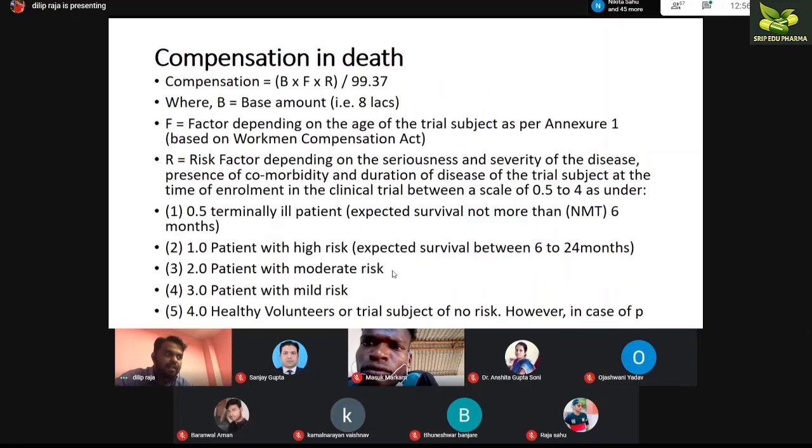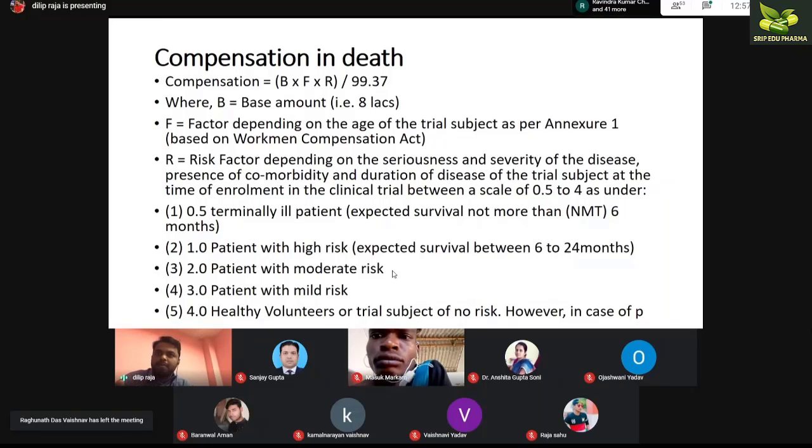If it is a death, the compensation is calculated using this formula: B into F into R by 99.37. B is a base amount, which is 8 lakhs. F is a factor depending on the age of the trial subject as per Annexure 1, which is mentioned in the New Drugs and Clinical Trials Rules 2019. If you check the new CT rules on the internet, you will find Annexure 1. And R equals the risk factor depending on the